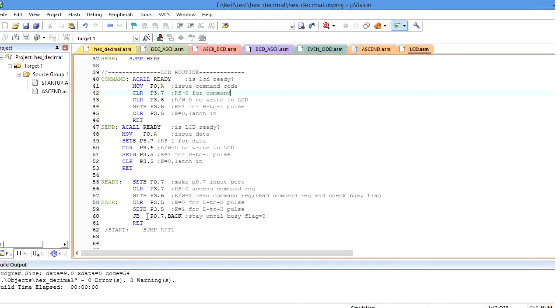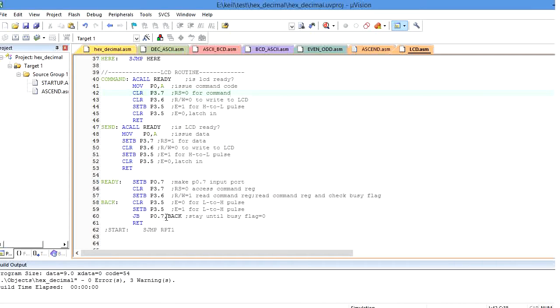After that I need to monitor the MSB bit of the LCD data line. The MSB bit of the data line is D7, which is connected to port 0.7. So I need to monitor D7 of the LCD, whether it is high or low. Whenever it is high, it indicates the LCD device is busy.